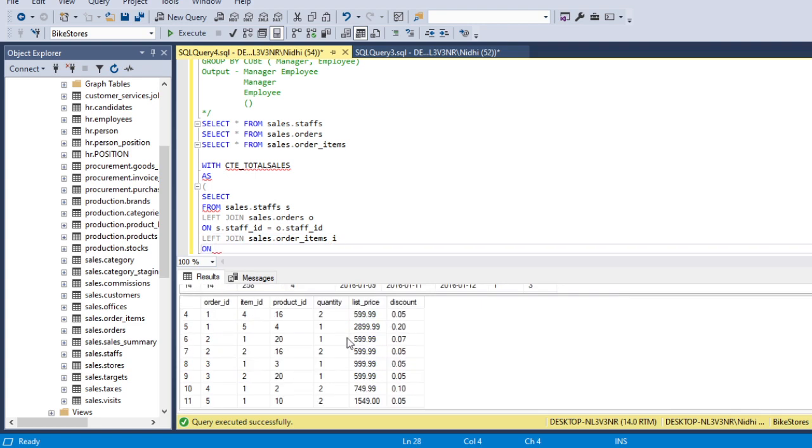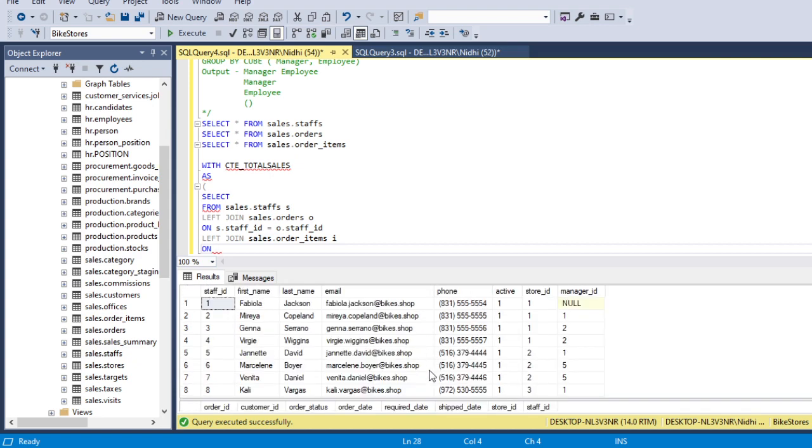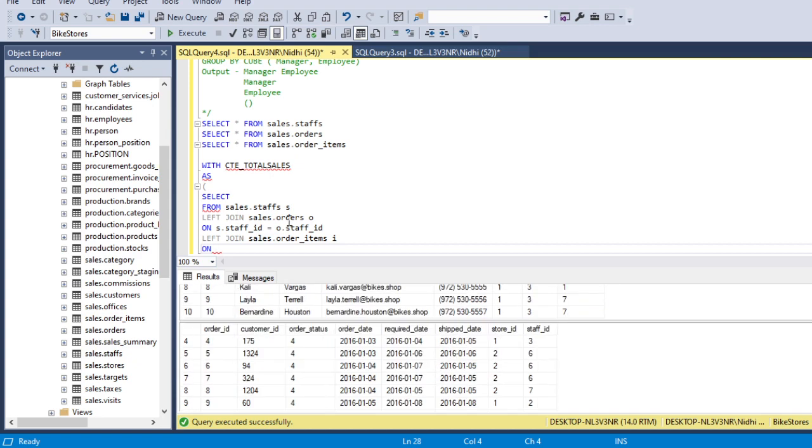as you can see, we have order ID common in both tables, which are our orders table and order items. So we will perform a left join on these tables: o dot order ID equals i dot order ID. Then we will specify the column names which we require.